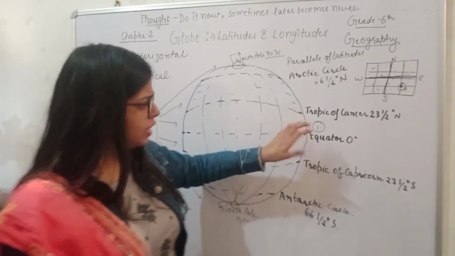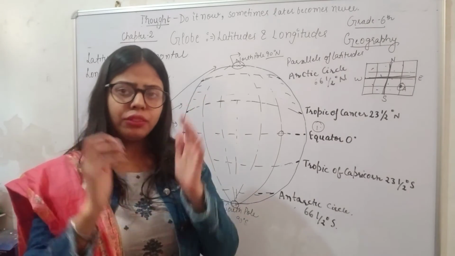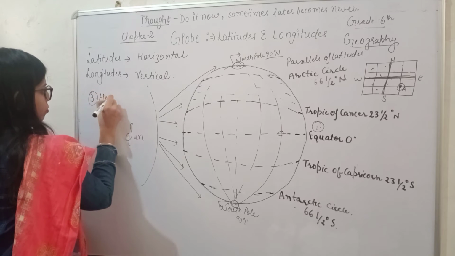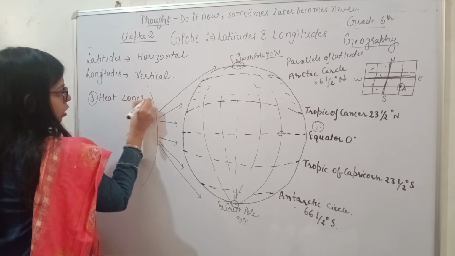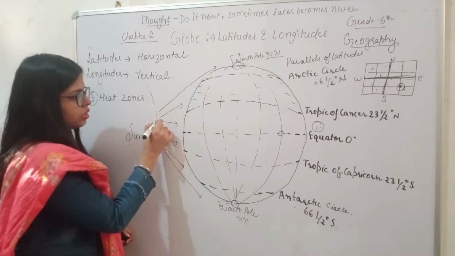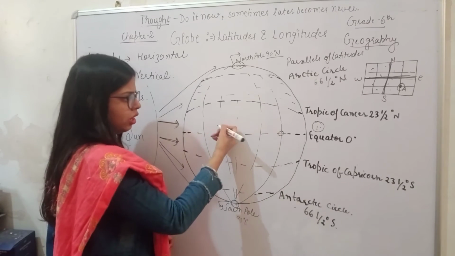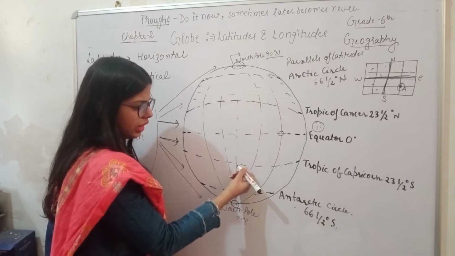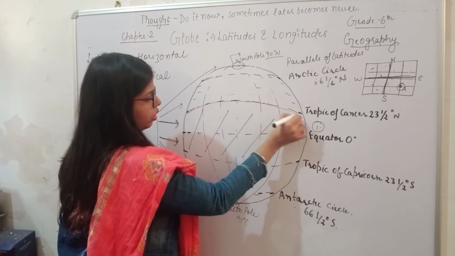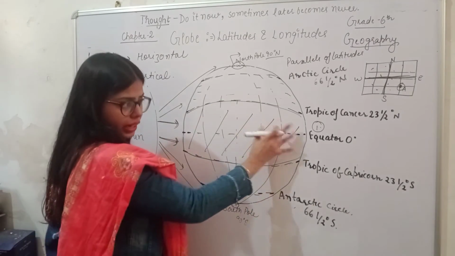Now, according to these parallels of latitudes, we have 3 heat zones as well. So what are those 3 heat zones? According to these parallels, suppose this is sun, direct sun rays are falling on this part, from Tropic of Cancer to Tropic of Capricorn. Here the sun rays are falling directly and